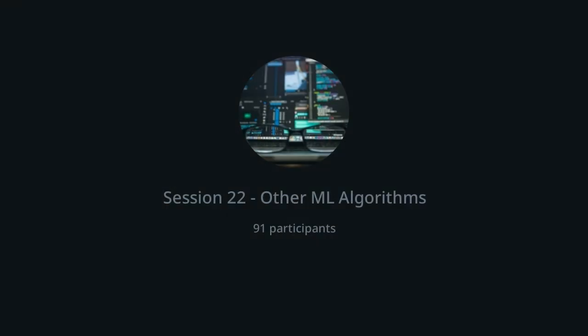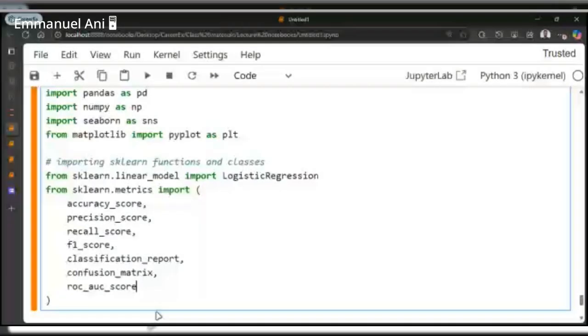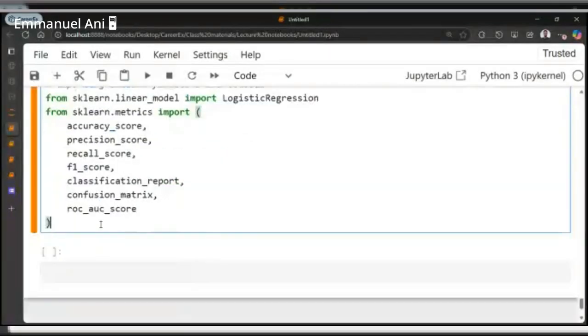All right, these are the ones that we'll be needing. So import all this. So what else am I going to be importing?